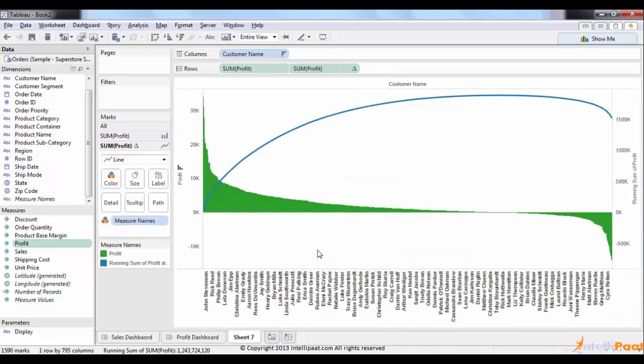Right, there you go. So now you have this running. Now we have this profit here, and we have this running sum, the running total of the profit here. Okay, so now this does look like a Pareto chart, but